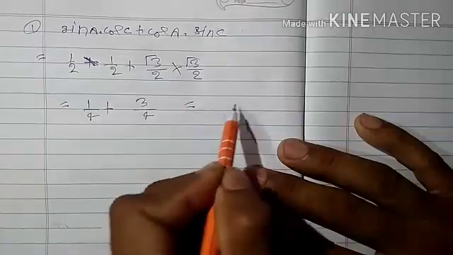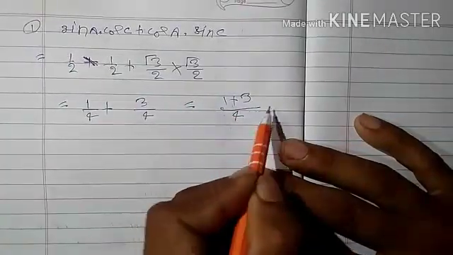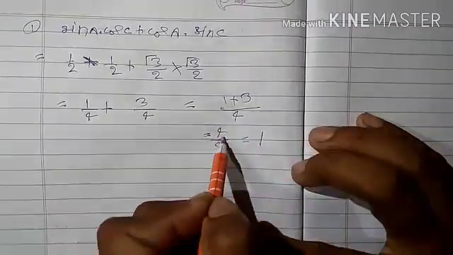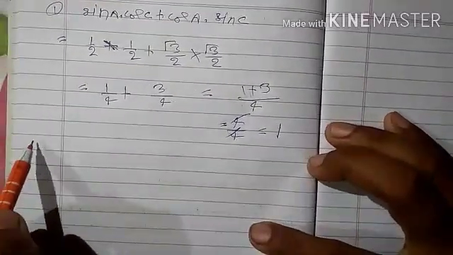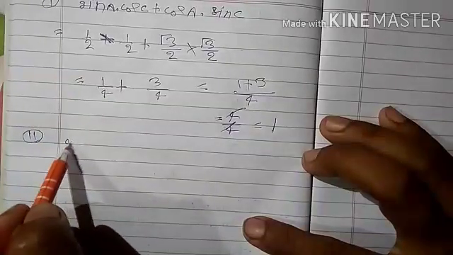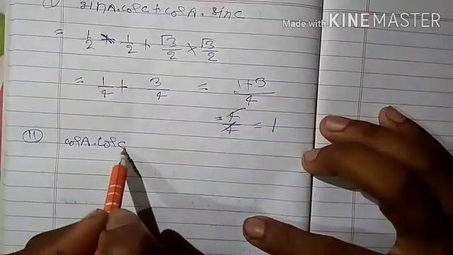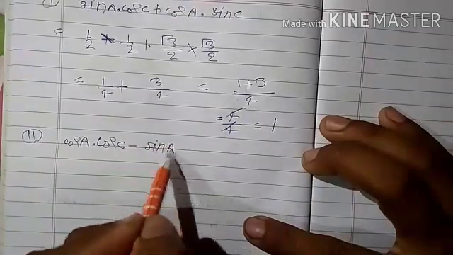So we directly add, that is 1 plus 3 by 4 is equal to 4 by 4, that is 1. So this is first part and next that is second part,